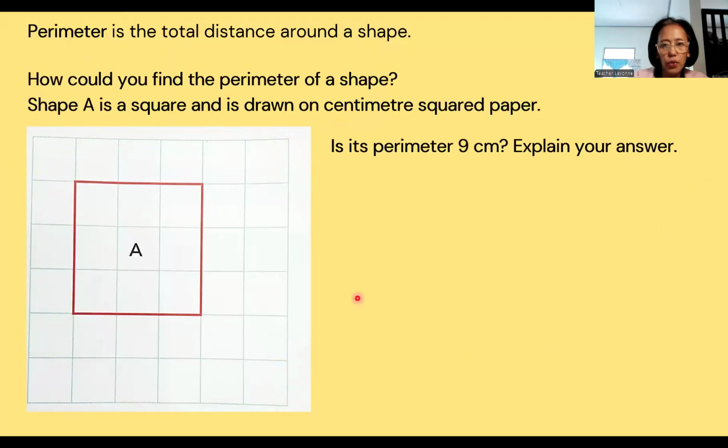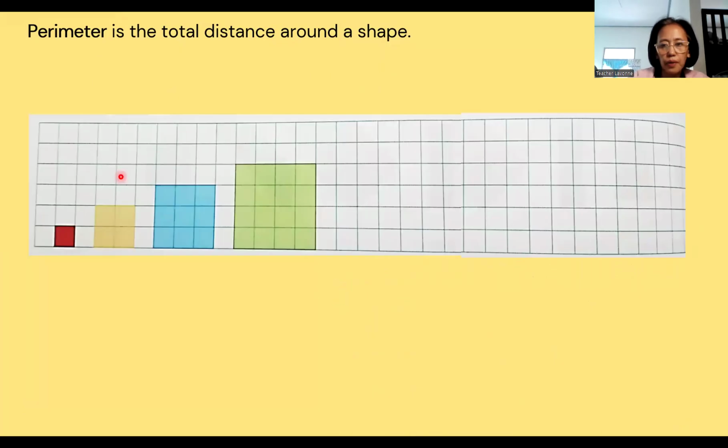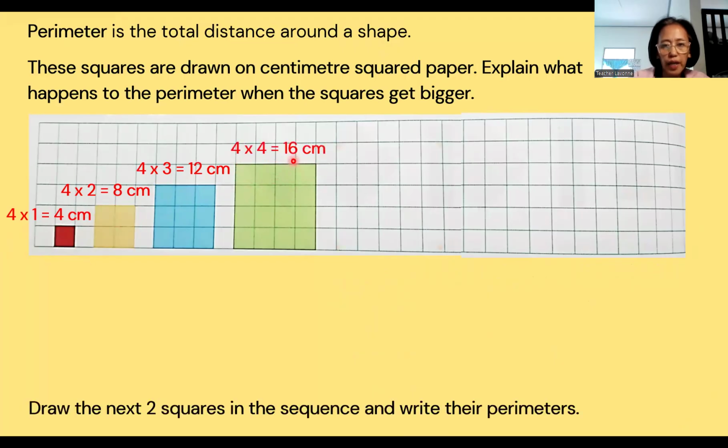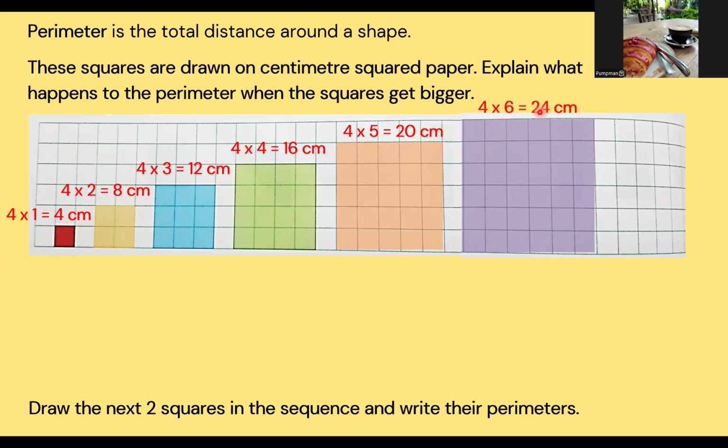And yesterday, I already also explained that to get the perimeter, you just add, okay? So this one, you look from 1 cm each side to 2 cm, 3 cm, 4 cm. So we can see that the perimeter of each shape is getting bigger too. If we add two more shapes, this becomes 5 and 6. Look, from 4 cm it went up to 24 cm.